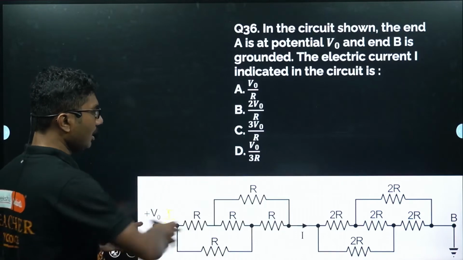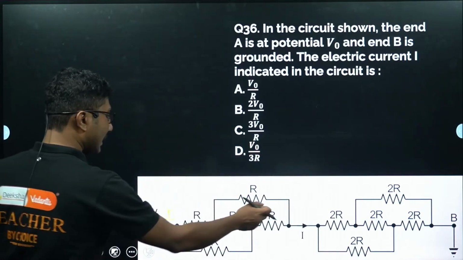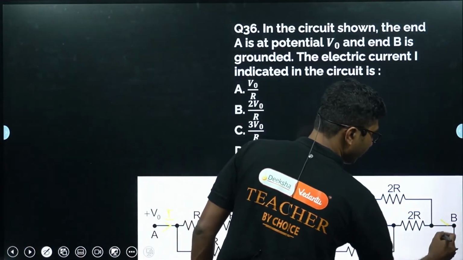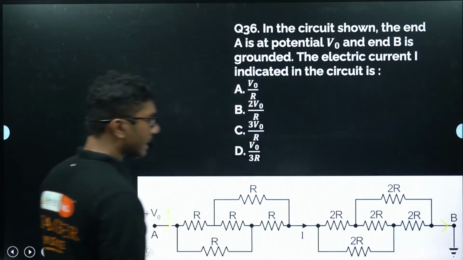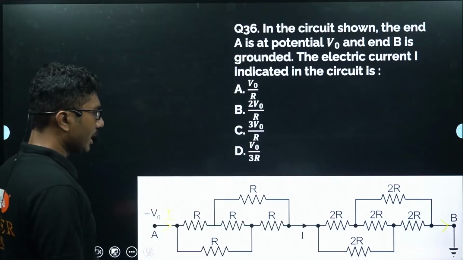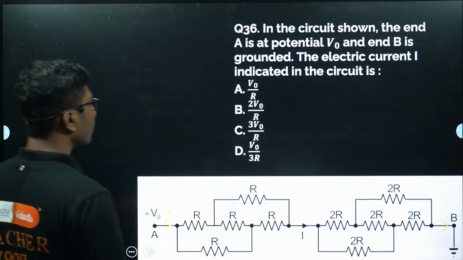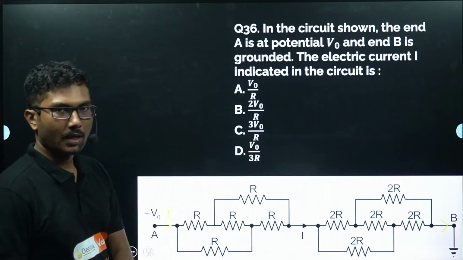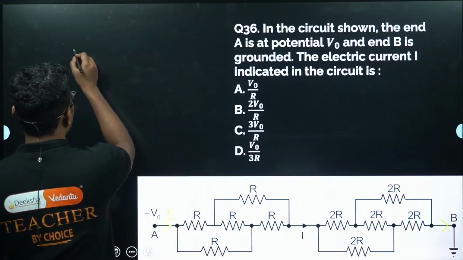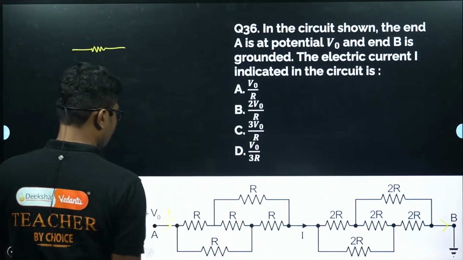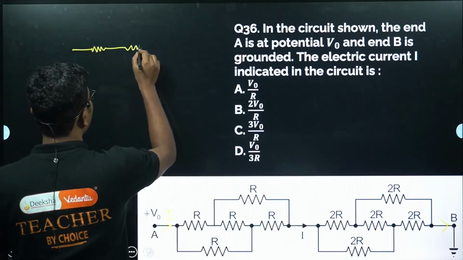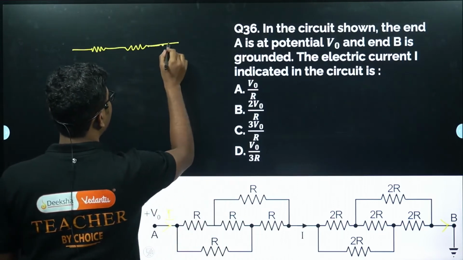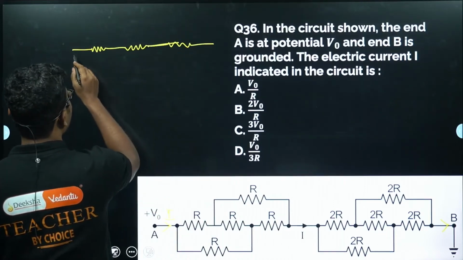So see, it is a jumbled circuit, but if I current is in the middle, the same current should go in and same current should go out as well. Okay, so same current should go in and same current should go out as well. Now what you have to do? You have to simplify this circuit. So you know that, I hope you have done this kind of problem. This is a very common problem. If there is a circuit like this, you have to remember that this circuit is nothing but